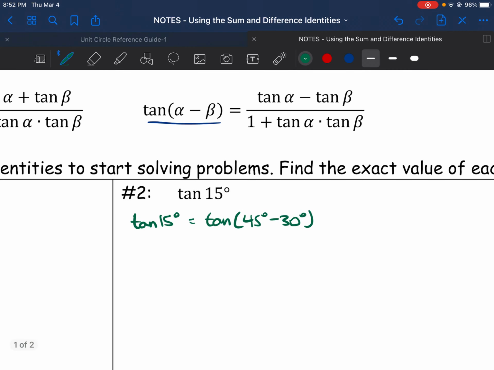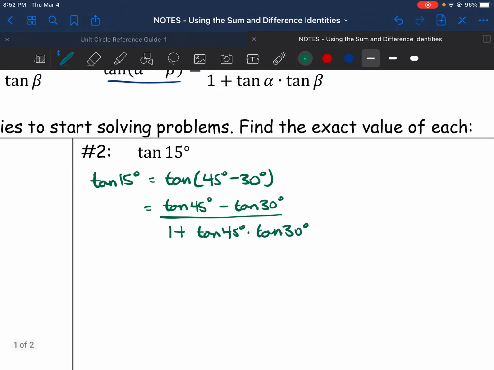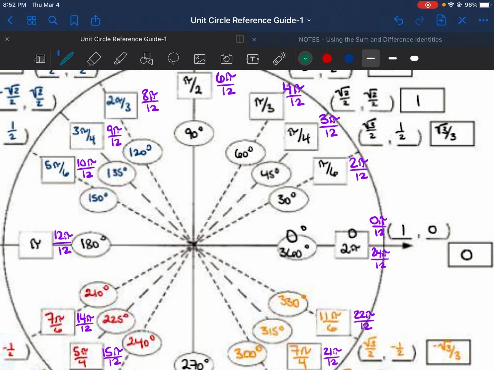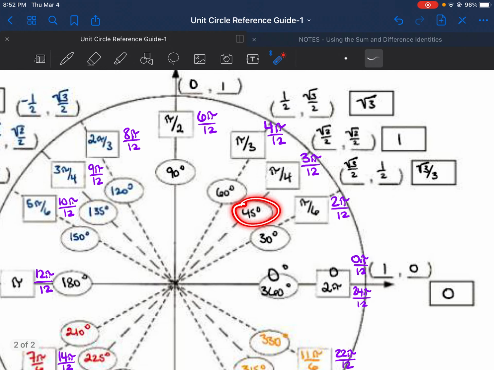So this is going to turn into, just following the formula, tangent of 45 degrees minus the tangent of 30 degrees over 1 plus tangent 45 times tangent 30. Okay? Now let's look at our unit circle and pull off these tangent values. So tangent of 45 degrees, well, here's 45 degrees. The tangent is 1. So on this unit circle, the tangent values are in the rectangles. So tangent of 45 degrees is 1